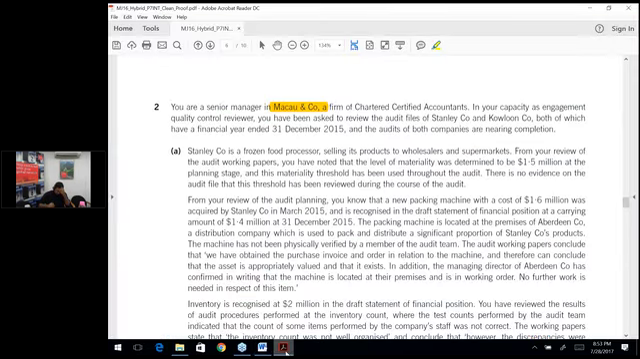Okay, if we talk about this question, the requirement of the question is again to comment on the quality of the audit performed, discussing the quality control, ethical, and the other professional issues raised. Now, if I talk about it, it says,